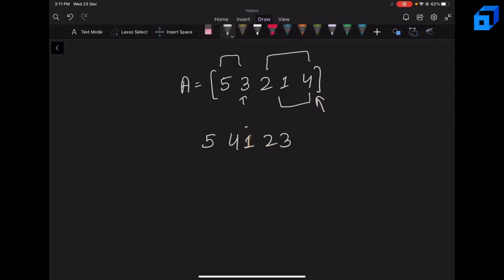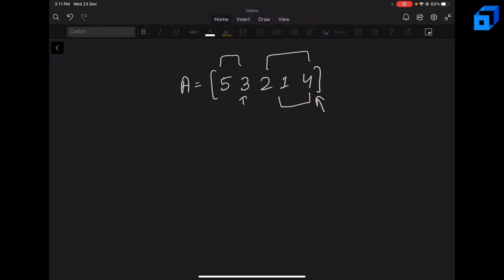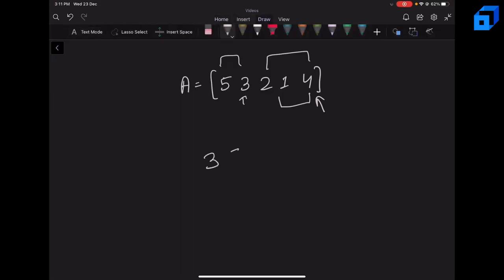So from this you can observe that our algorithm is, as long as the prefix contains an element greater than the last element, we will keep taking it, and finally we will take the remaining elements in reverse order. So let's actually see one more example. So let's say in that case our array was 3, 5, 4, 1, 2, right? Now 3 is greater than 2, so we'll take 3. Again 5 is greater than 2, so we'll take 5. Again 4 is greater than 2, so we'll take 4. But now 1 is not greater than 2, so we'll now take the suffix, and so we are left with only 2 elements, so we'll place them in reverse order, that is 2, 1. So this is the lexicographically largest array which we can get. So we can just keep one pointer and keep checking if it is less than the last element.